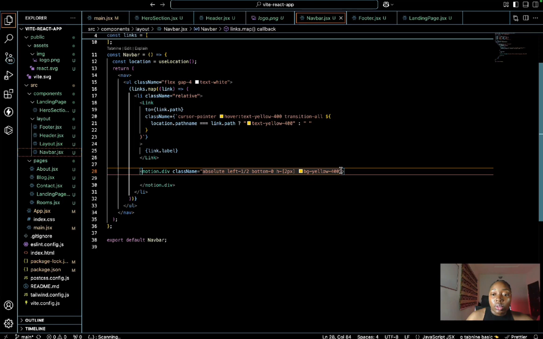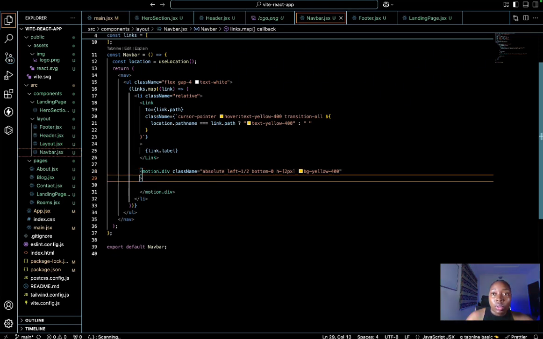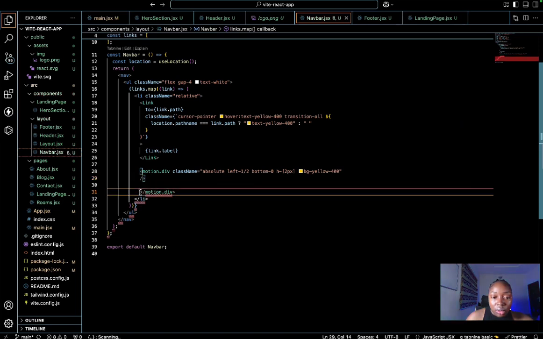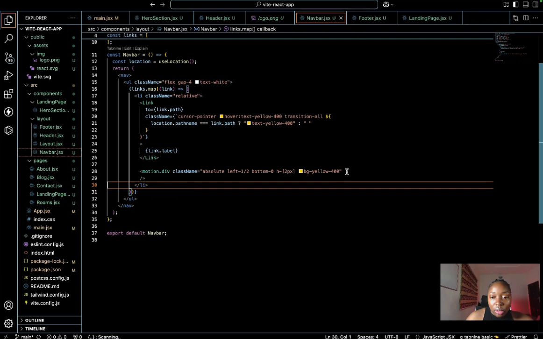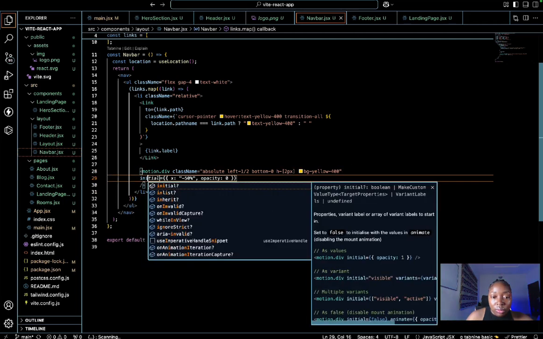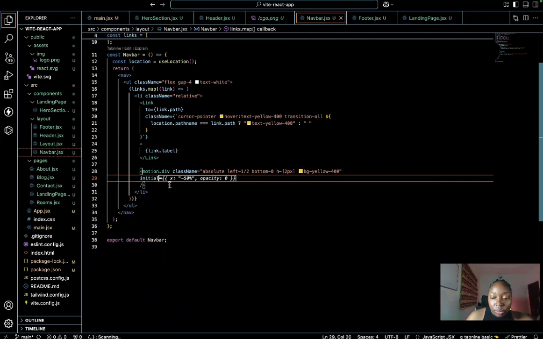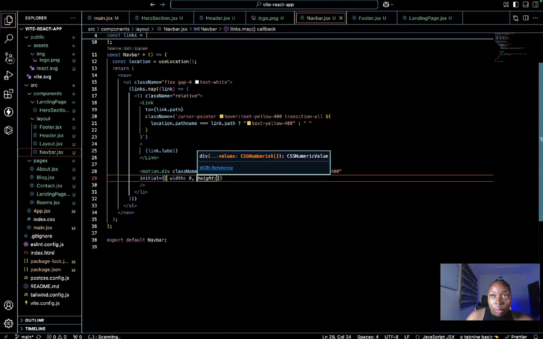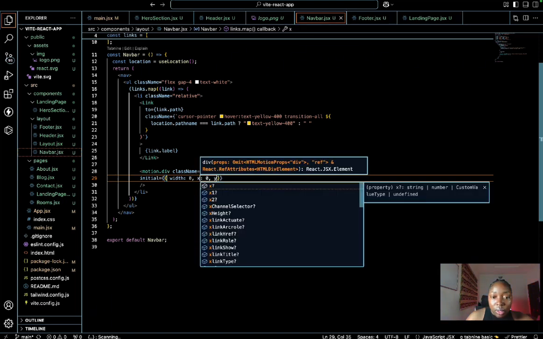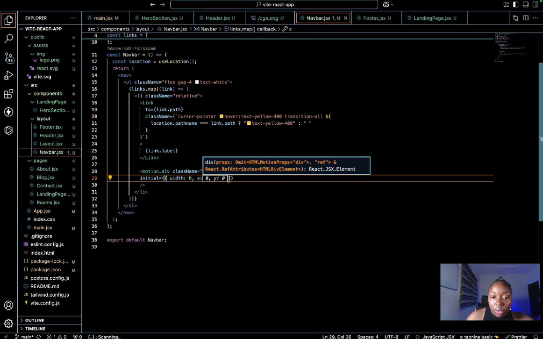So in this motion.div, we want to give it an initial state. First of all, this is self-closing because it has nothing inside. So we want to give this an initial state. The width is going to be 0. Then after it's hovered, it's going to be